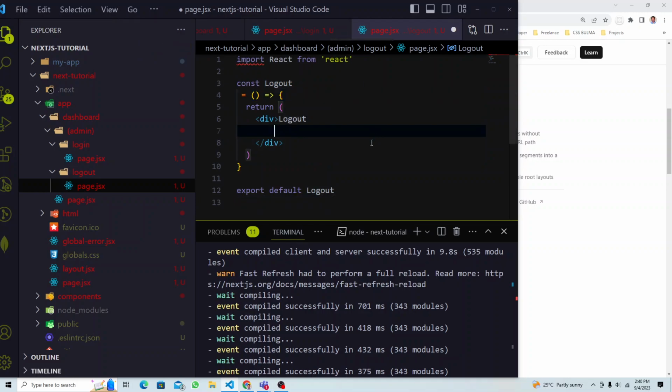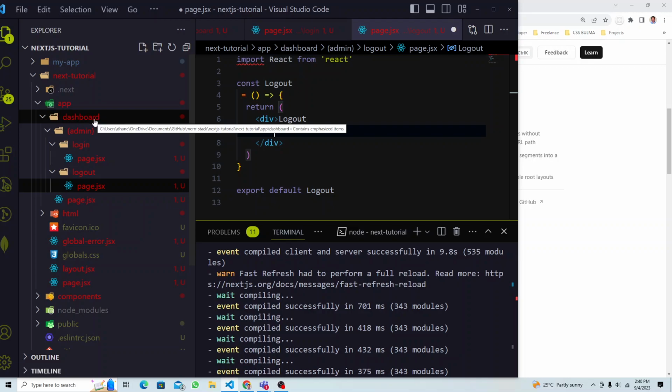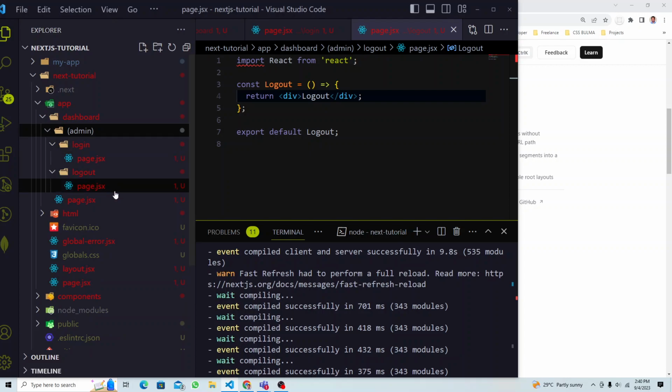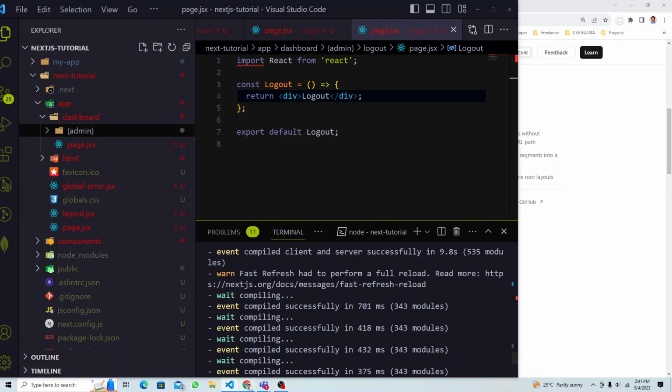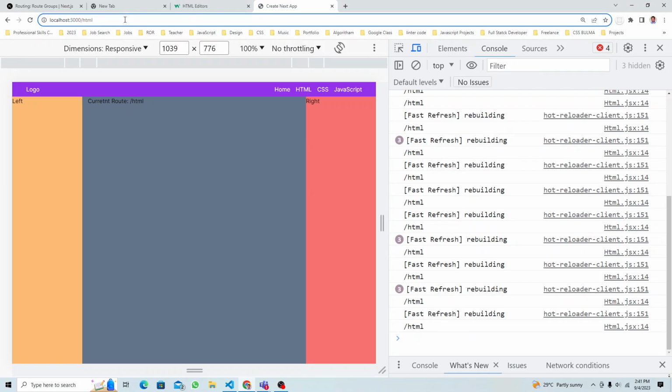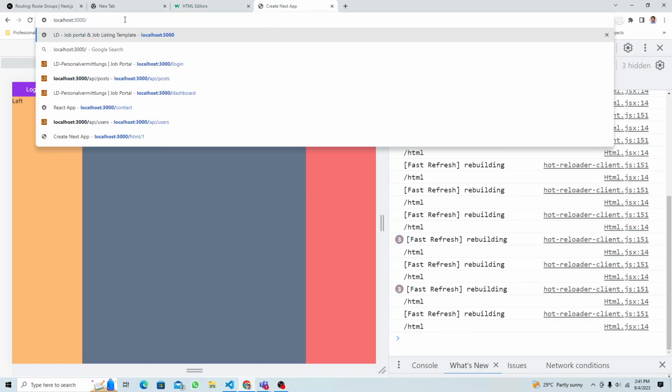Simple. So now, because we are checking a route, our route will be dashboard slash, you don't have to call admin. The purpose of this is that you can nest multiple routes inside now. So let's say I want to go to the login, dashboard slash login. How am I going to do that? So in here, you're going to go dashboard,